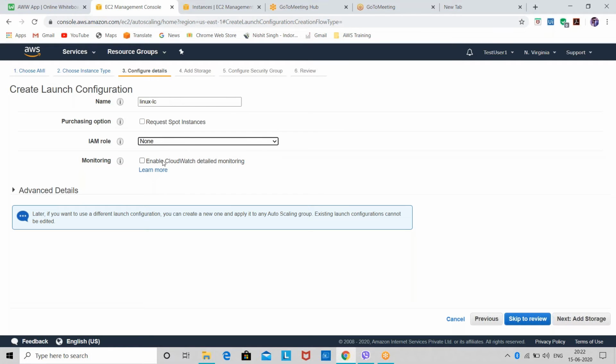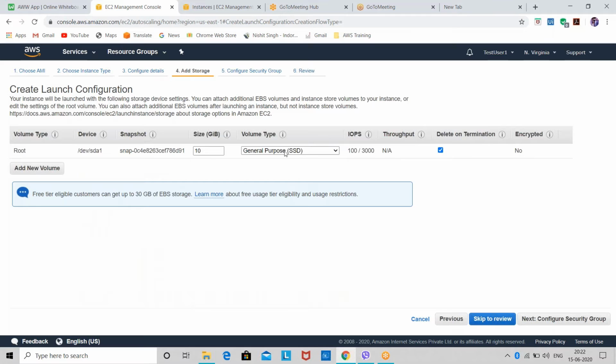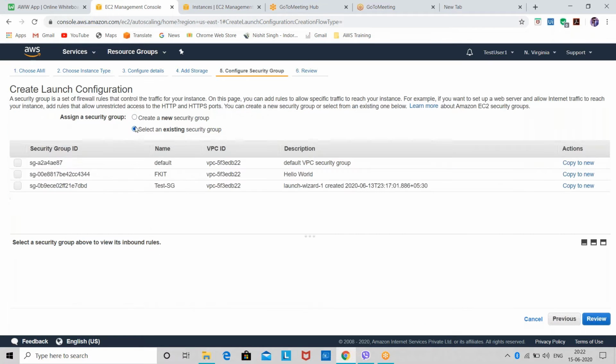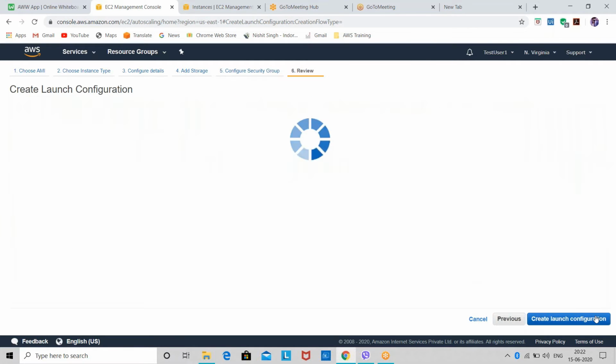Because we have not yet studied what CloudWatch is, we'll leave it. Then here we'll leave the default configuration. Now we'll select this test SG, because it has the ports HTTP and SSH. Then we'll review it.